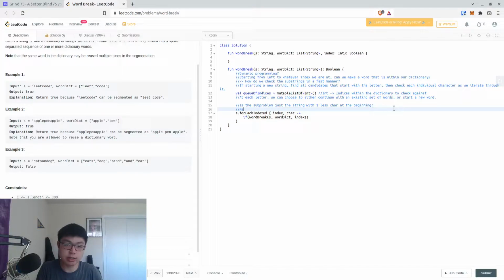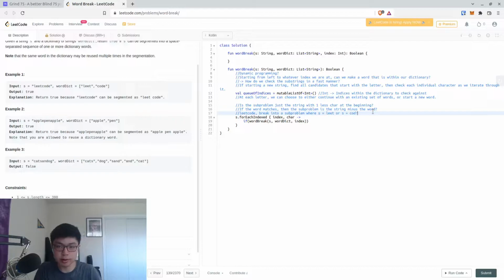Maybe if the word matches, then the subproblem is the string minus the word. So for LeetCode, we break it into a subproblem where s is equal to "leet" or s is equal to "code". And that might work,